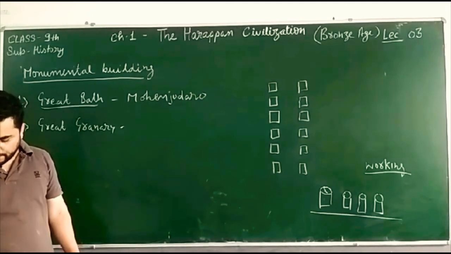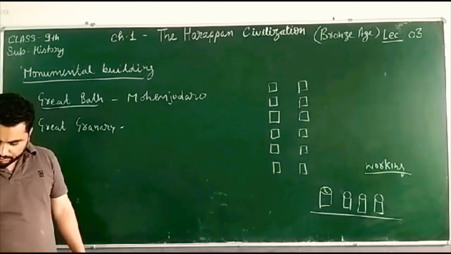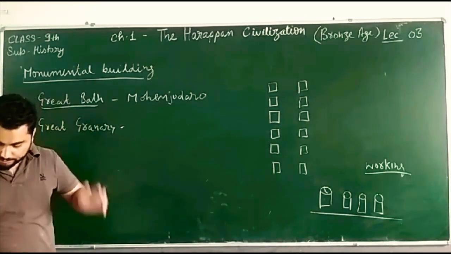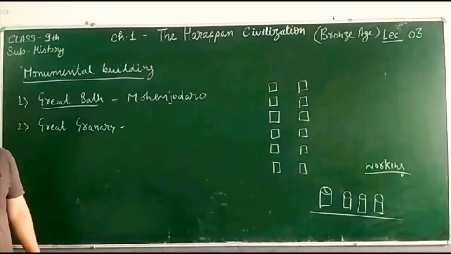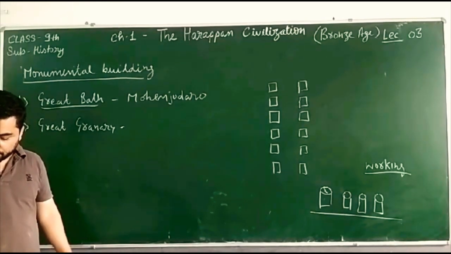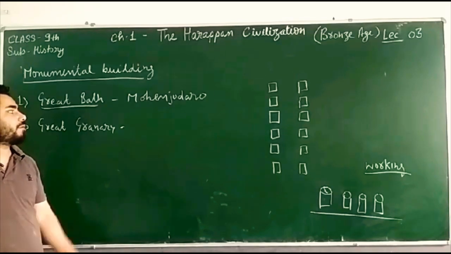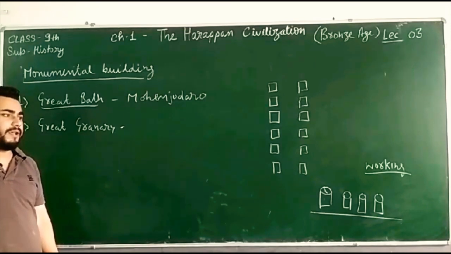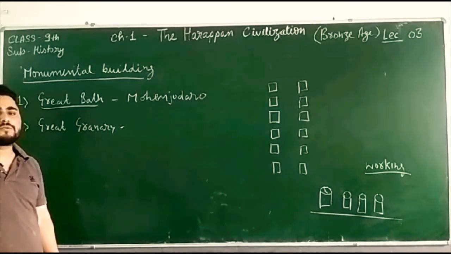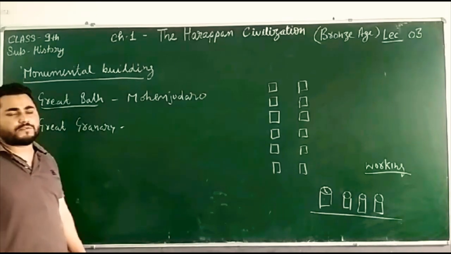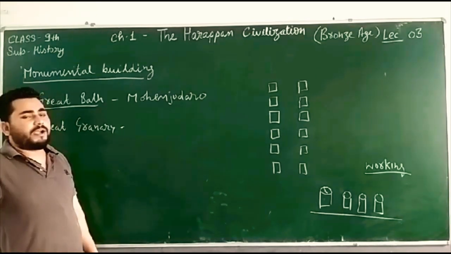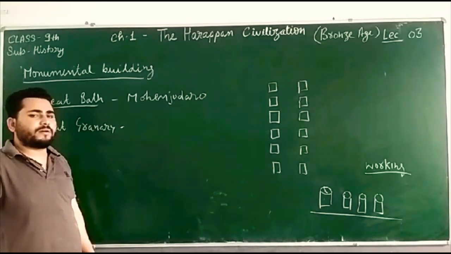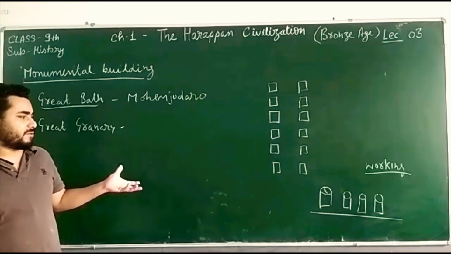We have also studied that they had their kitchens placed in a corner and the kitchens were sheltered. We have studied that. Okay, this was all about houses, and we have studied about the Great Bath, which was found at Mohenjo-daro. It was a place for holy bath where people used to take some kind of holy bath. It was a large tank which had stairs in the north and south, and towards the corridor there were so many rooms for changing rooms or for some priest classes also, right?